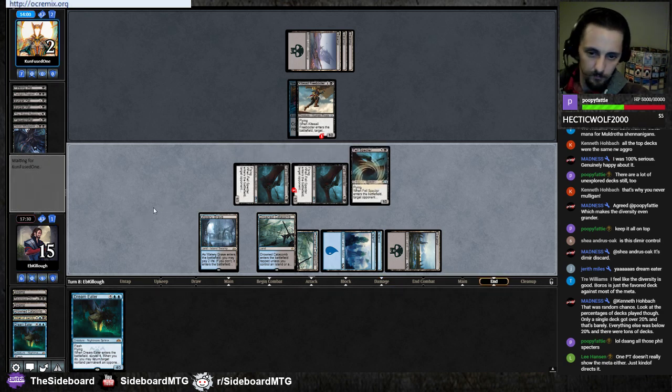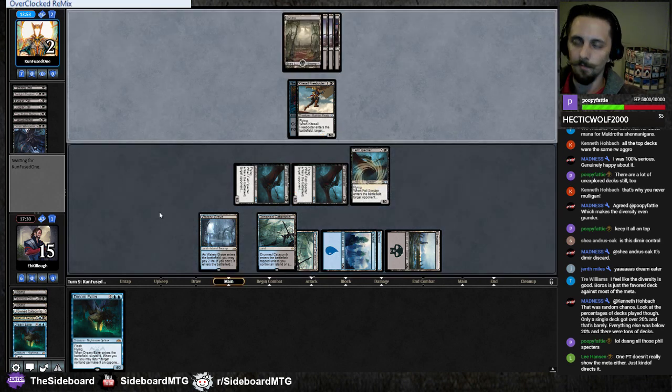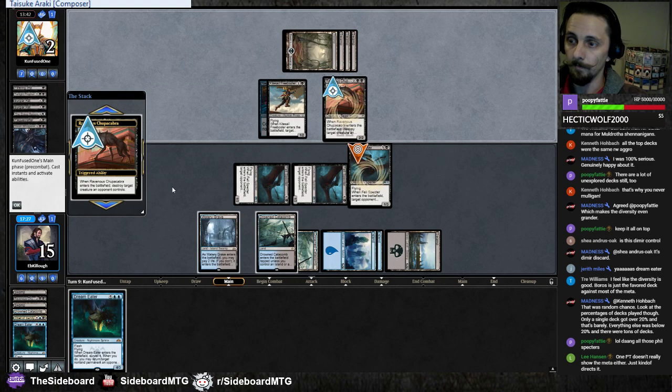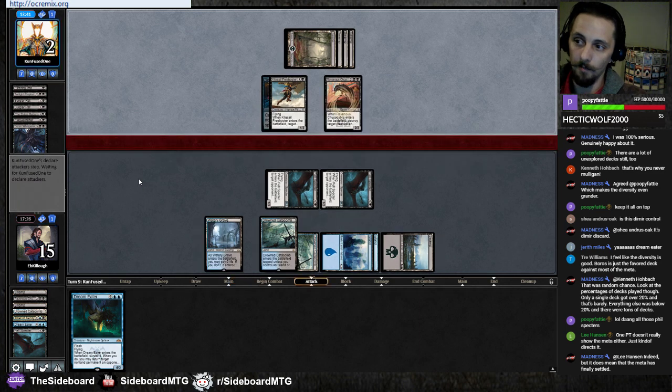Yeah, okay. The PT doesn't really show the meta either, it just kind of directs it. I agree. I think the PT shows what all of the people who are really, really, really good at Magic believe are safe plays, safe things to play. So I 100% like